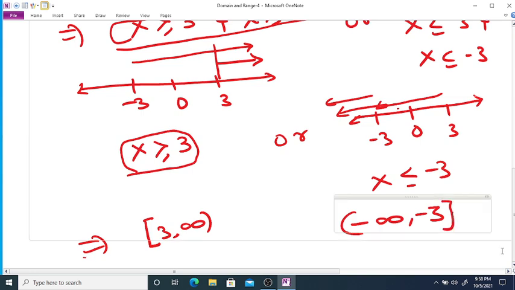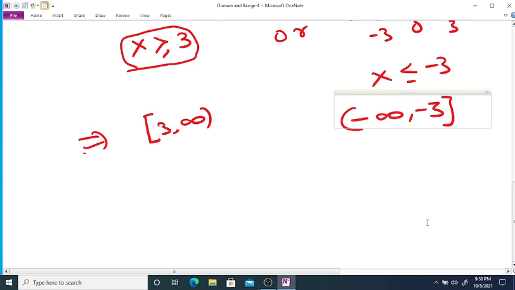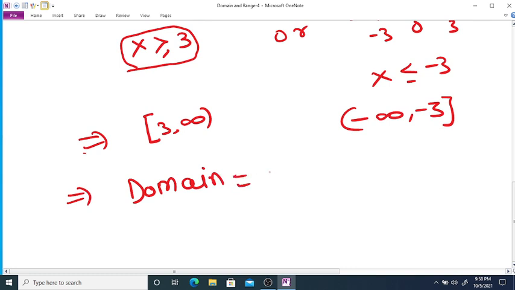If you combine these two intervals, we get the domain of this function equal to (−∞, −3]